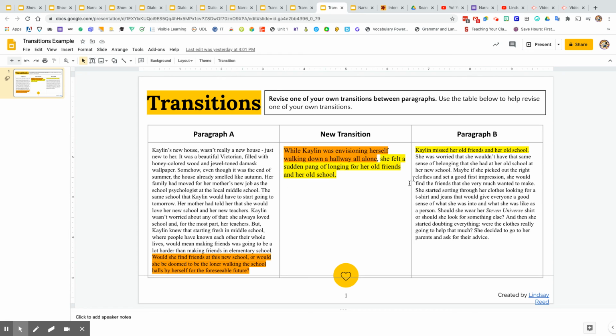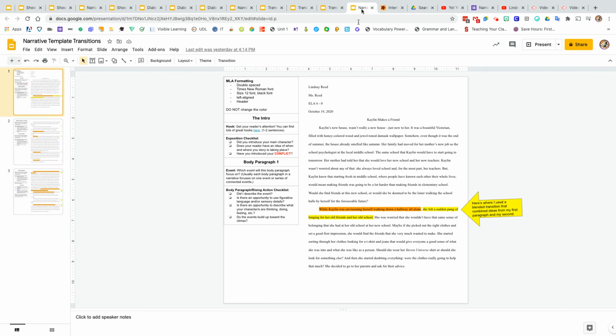So I decided to combine that by creating this transition. "While Kaylin was envisioning herself walking down a hallway all alone, she felt a sudden pang of longing for her old friends and her old school." So basically, I combined ideas from my last sentence in my paragraph A and my first sentence in my paragraph B to come up with this new transition. And then I just went here to my narrative and changed or added that new sentence there. And actually, I got rid of the first sentence that I originally had for paragraph B